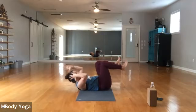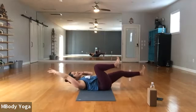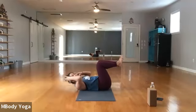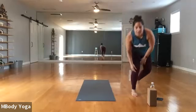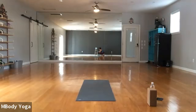Keep going, crunching into the center line. Don't let the knees come past the hips and don't let the hands come past the ears. You got it. Keep going for another 30, 29. Pit of the belly, in and up. 25, 24. Action in the feet. Flex the toes. You got it right there. Come on, Mickey. Flex the feet. You got it, Kayla. Nice and tight. Keep going, Holly. Beautiful. 20,